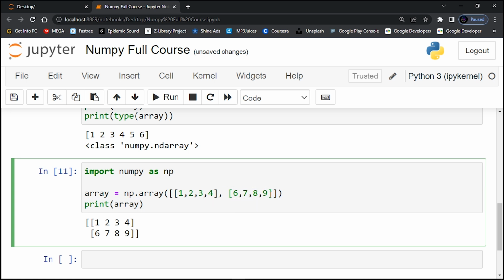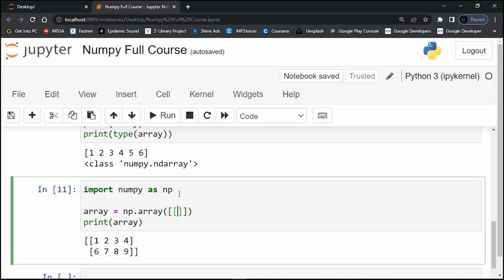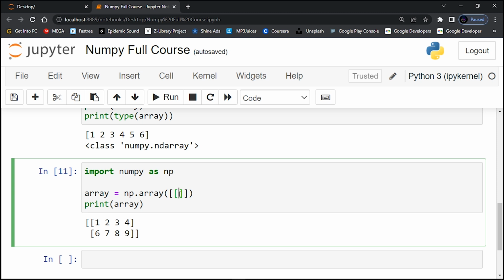An array that has a two-dimensional array as its element. So basically this is a three-dimensional array. It has a pair of opening and closing square brackets, but inside it has